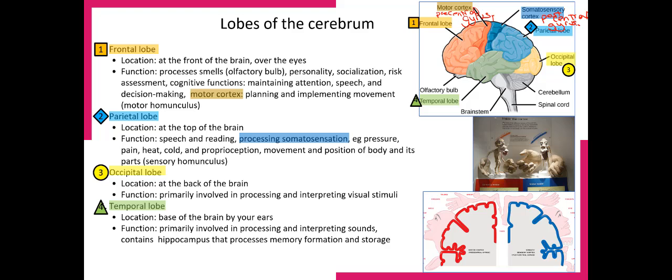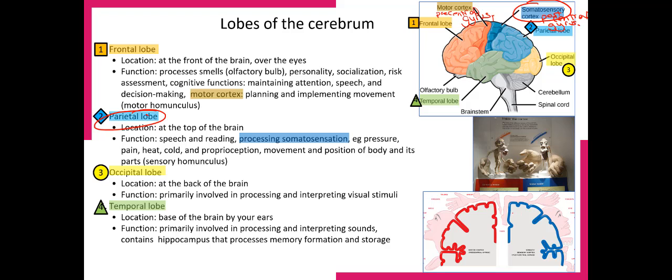And these are responsible for processing different things. So the somatosensory cortex of the parietal lobe is responsible for receiving input from different parts